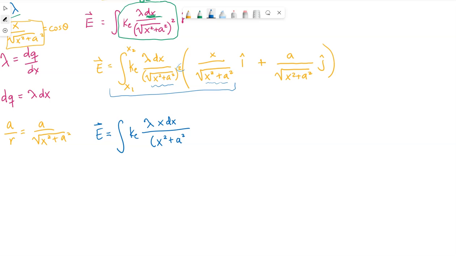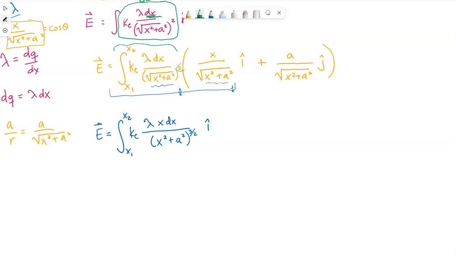Since they are the same quantity, x squared plus a squared, the power, I essentially have the square root I could have written as 1/2 is the square root power. So I have 2/2 here, I have 1/2 here. So that is leaving me with this quantity of x squared plus a squared to the 3/2. That's our x component. The limits of integration are from the left end of the rod to the right end of the rod. So whatever our variable x is changing between,